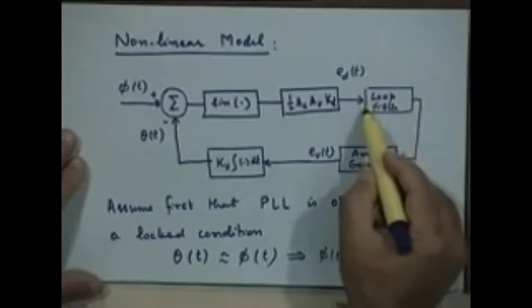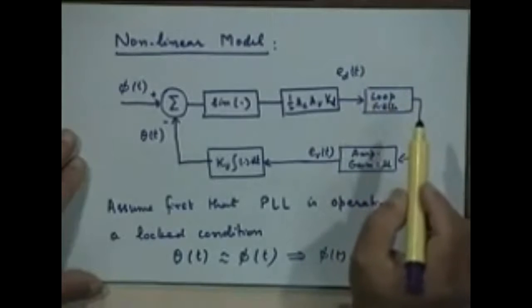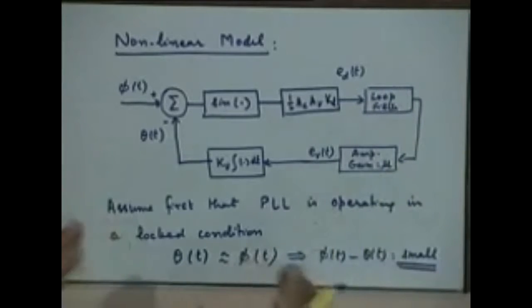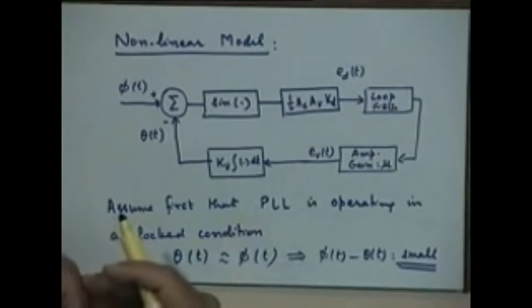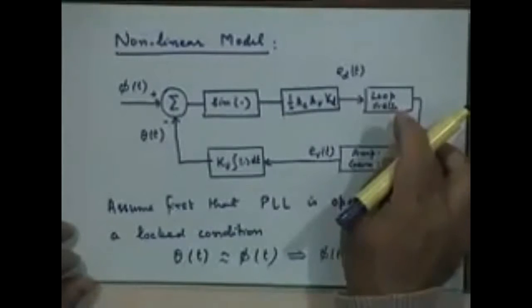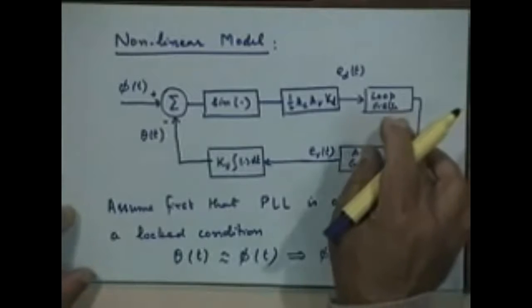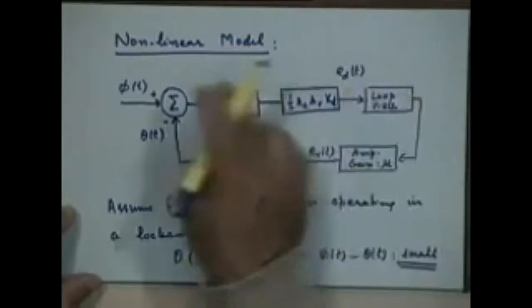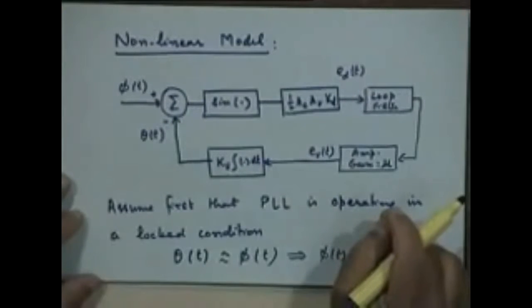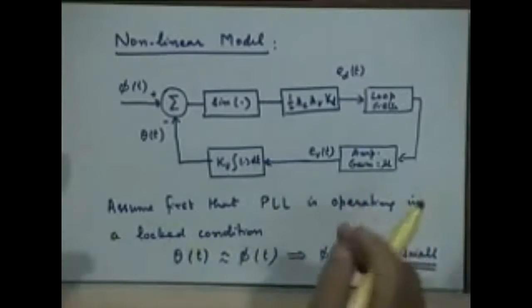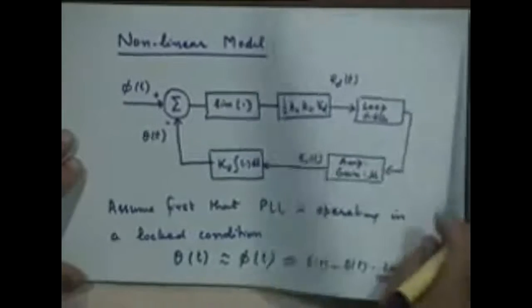To carry out this discussion, to simplify the discussion somewhat, I will again assume that the loop filter is absent. Remember, there is already a filter which is inbuilt into the phase detector. There is a low pass filter there, that we are assuming is still there, but the additional loop filter that I have put here is not there. When the additional loop filter is not there, we call this a first order loop. As to why we call it a first order loop will become obvious later, but right now we will assume that this is absent.